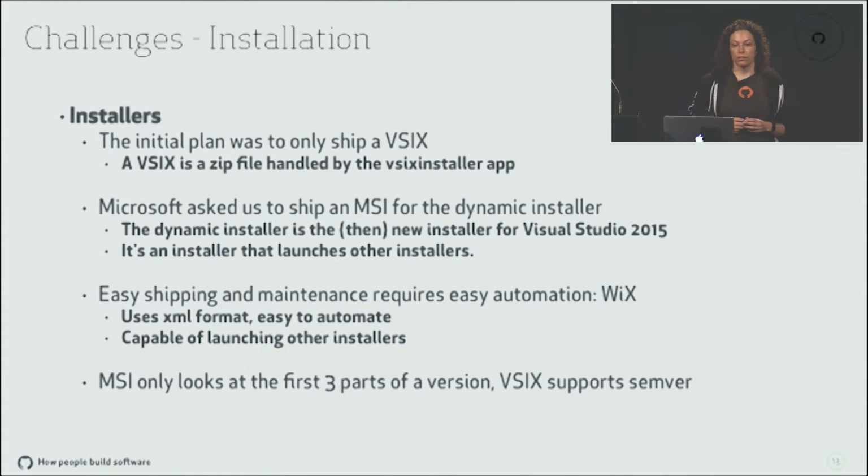You can just go in there and just read it and bump the version. And you can run other installers. So I can just have an MSI that just runs the V6 installer. Unfortunately, MSI only looks for the 3 parts of a version, and V6 looks for 4. So suddenly all our versioning schemes didn't get obeyed by the MSI. And then you want to do semver, but it doesn't quite work because you don't have the 4th part. So fortunately, Microsoft added V6 support for their dynamic installer, so we no longer have to ship an MSI. So that makes me